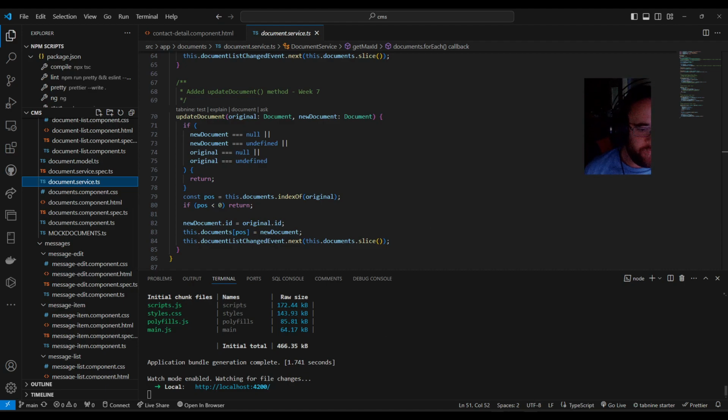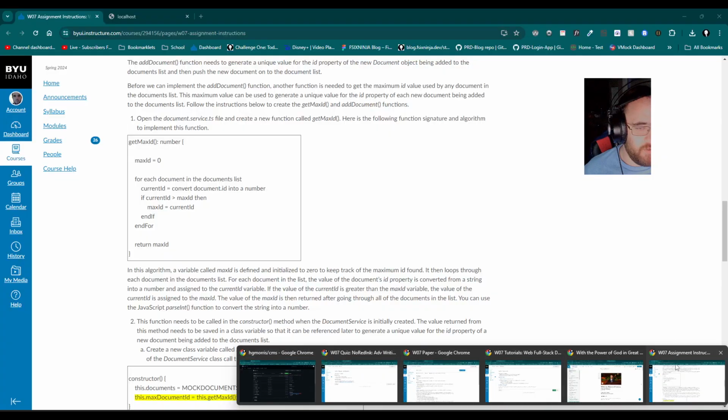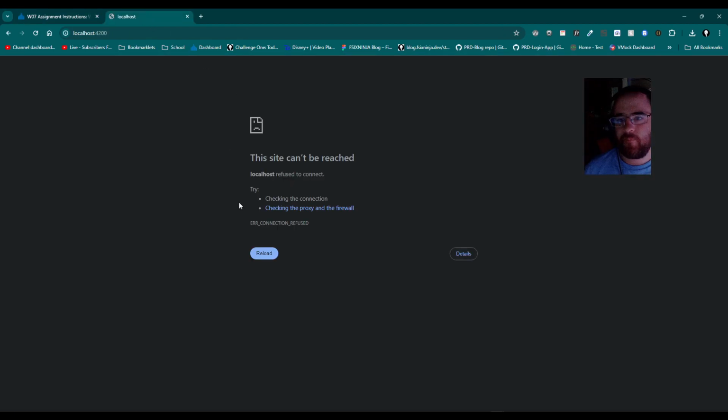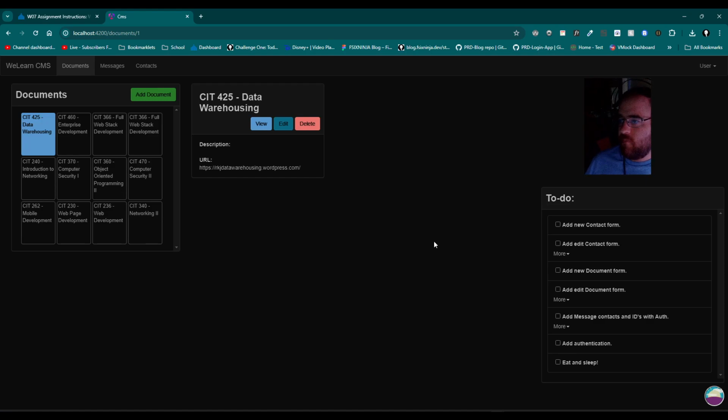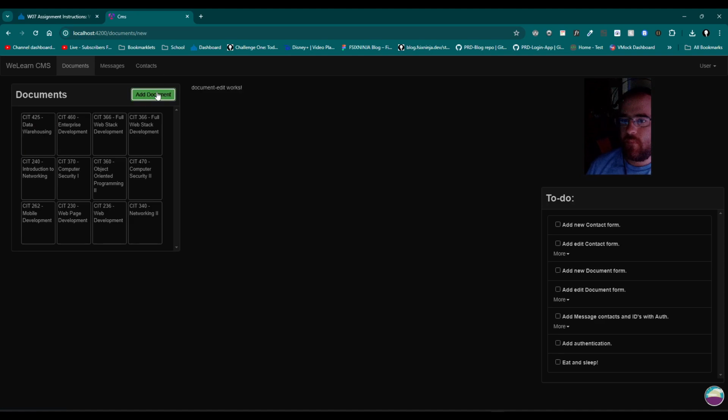So that being said, which one is it? Here it is. Okay. I added more things because I do not like having to show just the same functionality, but I can if I want to. Let's go and do that. So we click it, and something else I noticed is I did not add the new route for this button. If I click it, I now have a new. So it brings me to the document edit component, which I would assume,